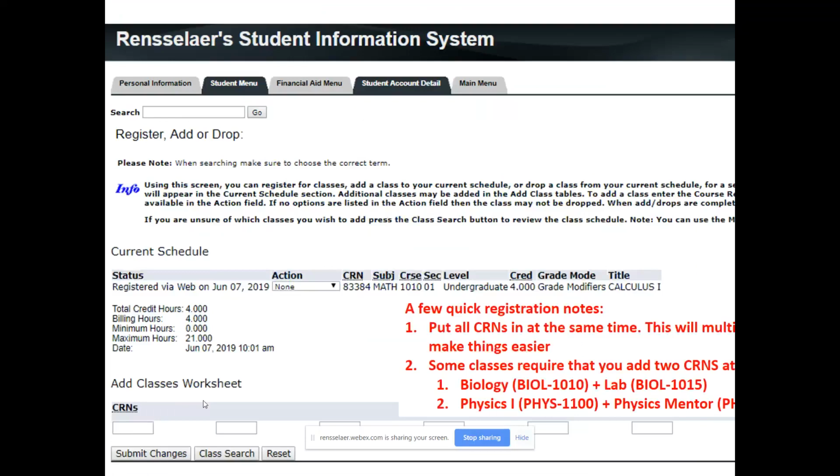All right, so a couple things that we really want to keep in mind, and we know it's cut off, so Karen's going to help me type out the information that you can't see. You want to put in all the CRNs that you can at the same time. It simplifies the process a lot for you. And there's 2 classes, biology and physics, that you really need to have 2 classes entered in. It actually won't let you register for them unless both of these are in there. Biology and physics are both classes that you could potentially be taking in your fall semester, depending upon your goals and what you're coming in with transfer credits.